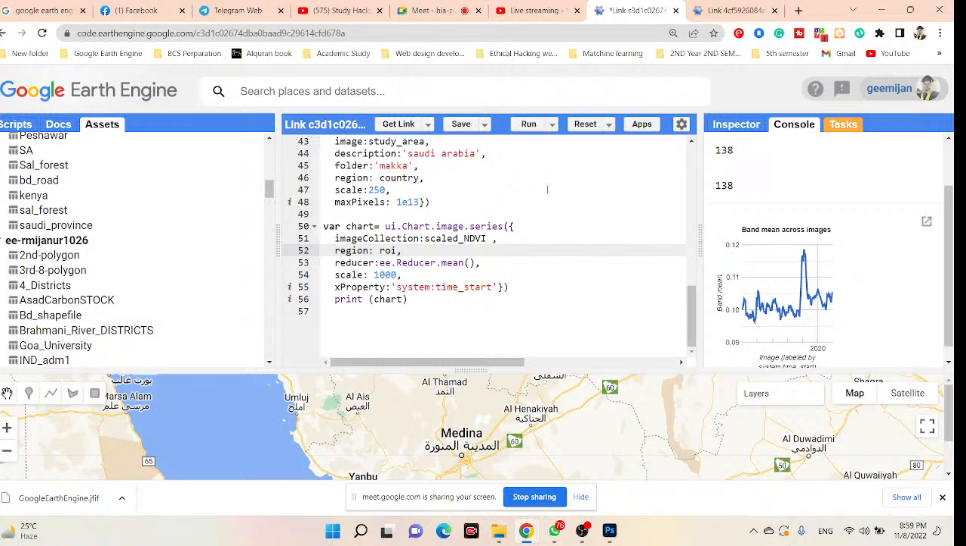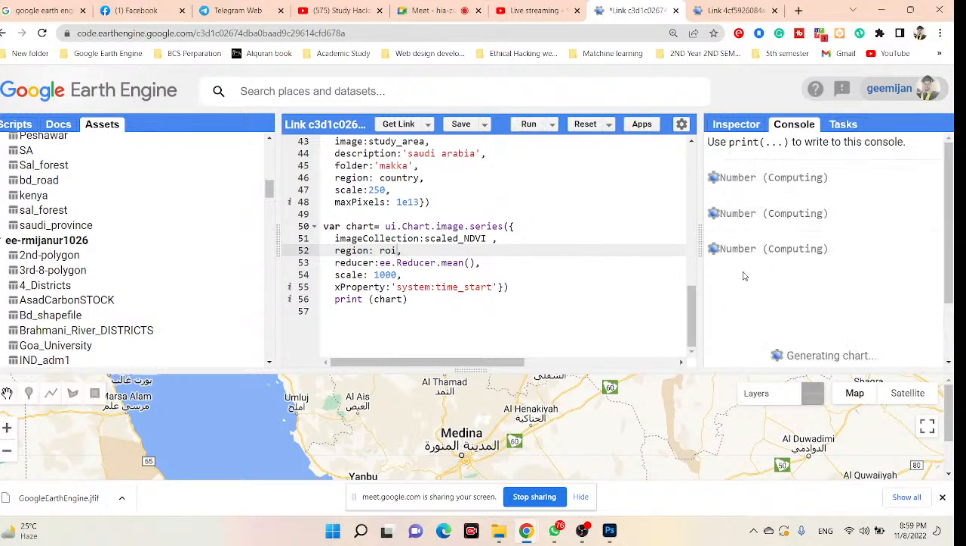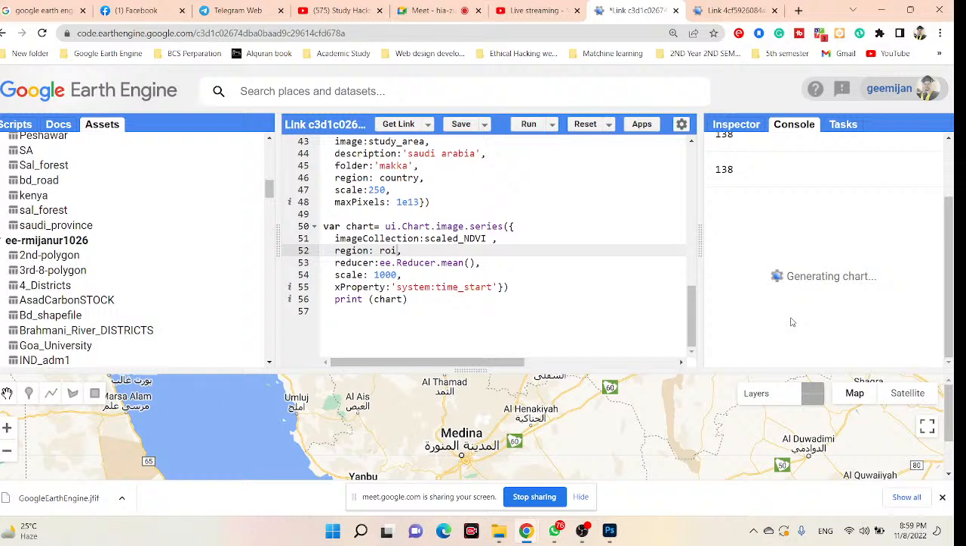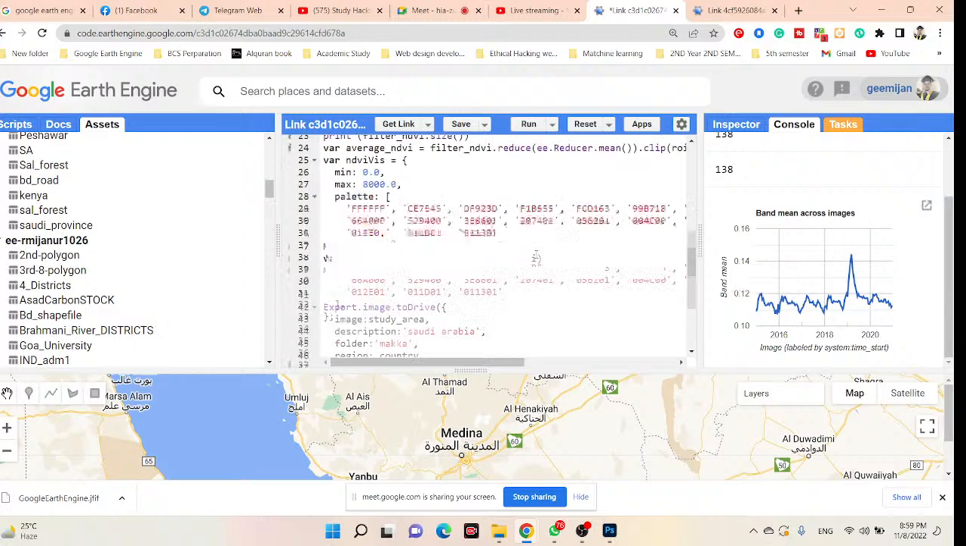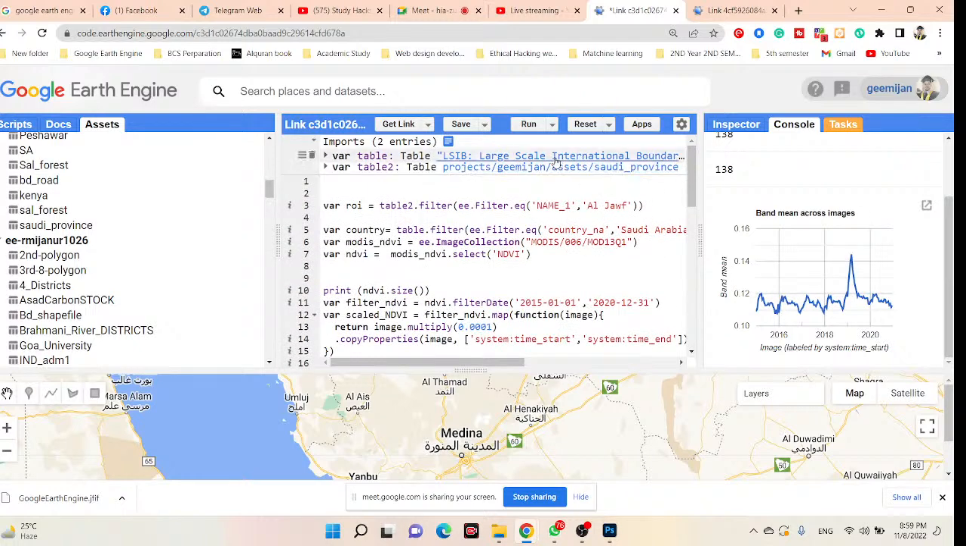So this time, when I click run, I can get the result for Al Joaf province, the time series chart I want to get. Okay, you can see it. Now you can see this time series chart is different, because this time series chart is for Al Joaf. Suppose you need the time series chart for Al Modina, you can simply click here